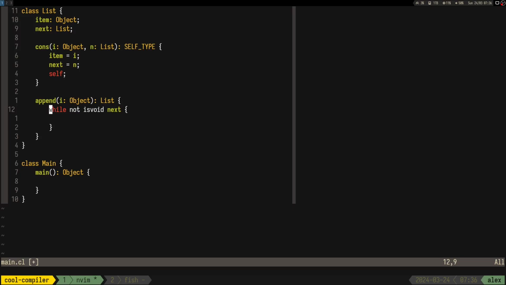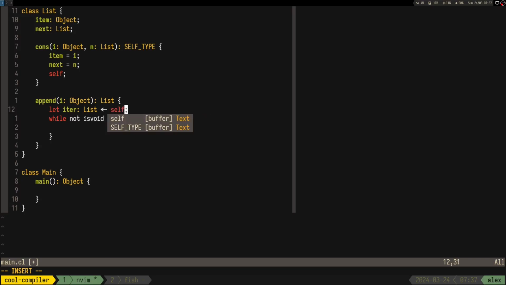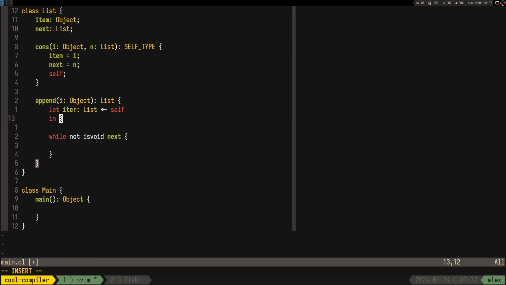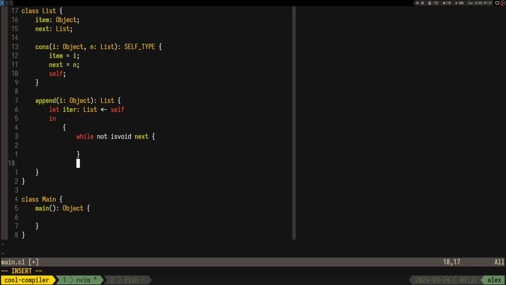And also declare a variable. So maybe like let iter list is gonna be equal to self, right? And then we do in, and here we should have a block. I think we are gonna have multiple instructions, but yeah, while the iterator is not void,